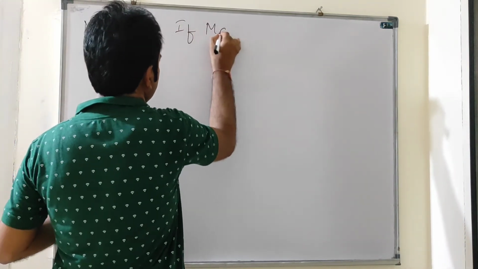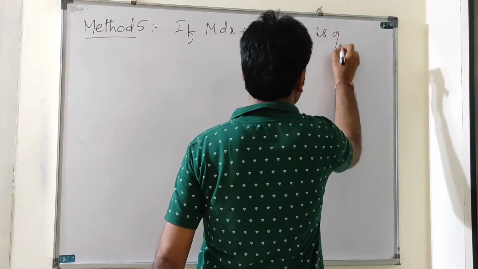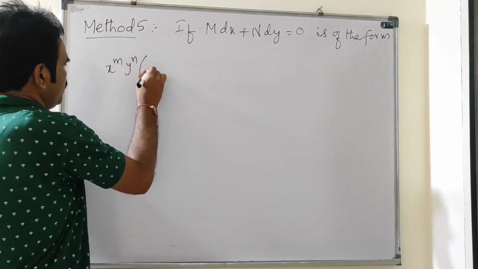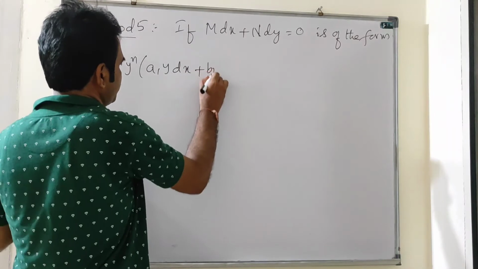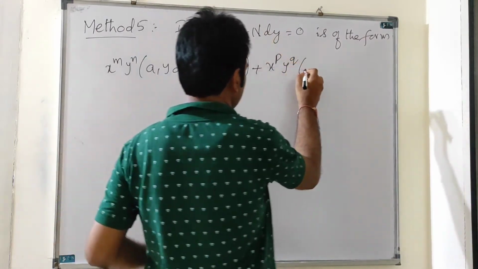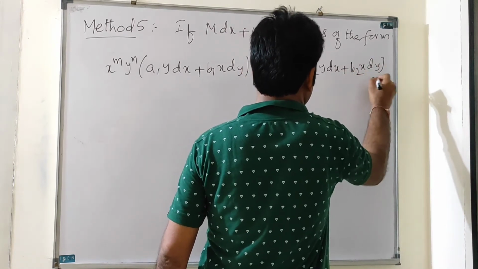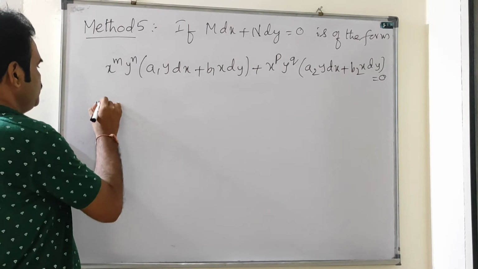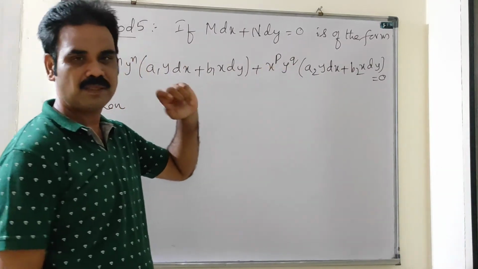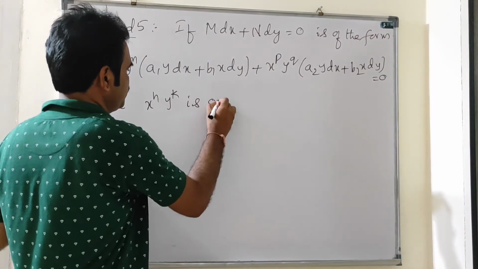If M dx plus N dy equal to 0 is not exact and it is of the form x power m y power n into (a1 y dx plus b1 x dy) plus x power p y power q into (a2 y dx plus b2 x dy) equal to 0, where a1, b1, a2, b2, m, n, p, q are all constants, then x power h y power k is an integrating factor